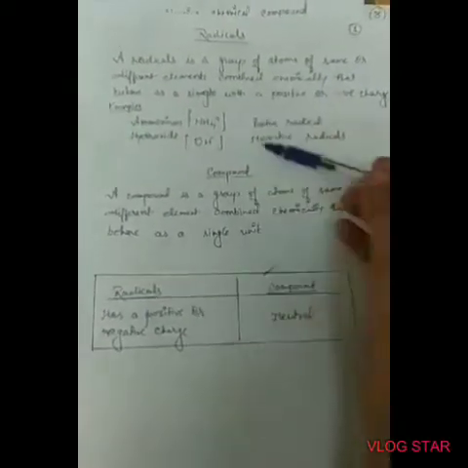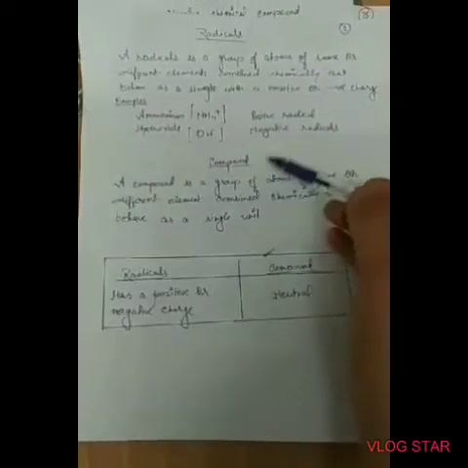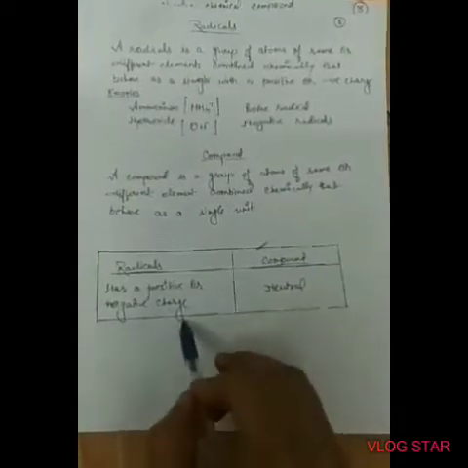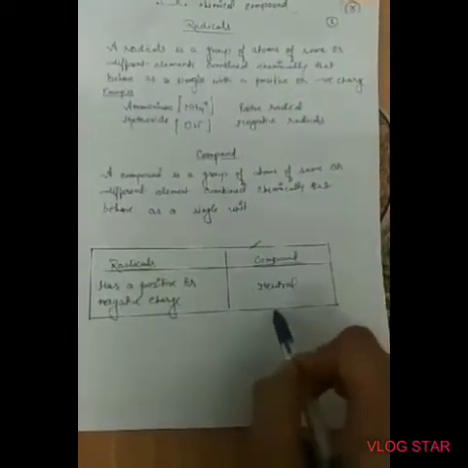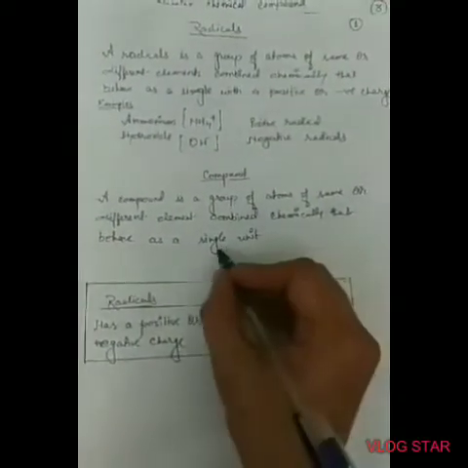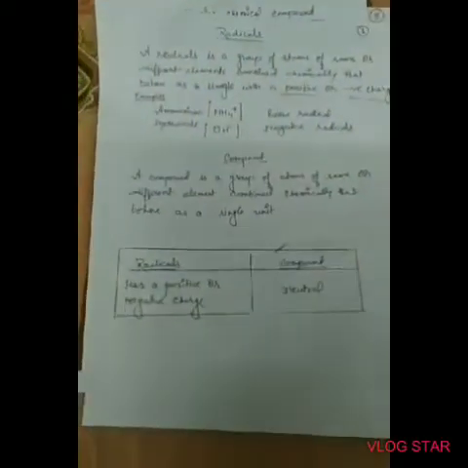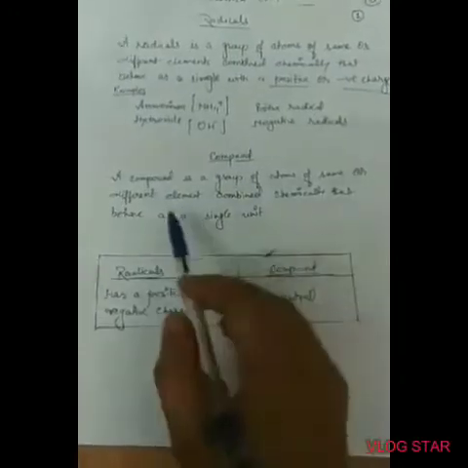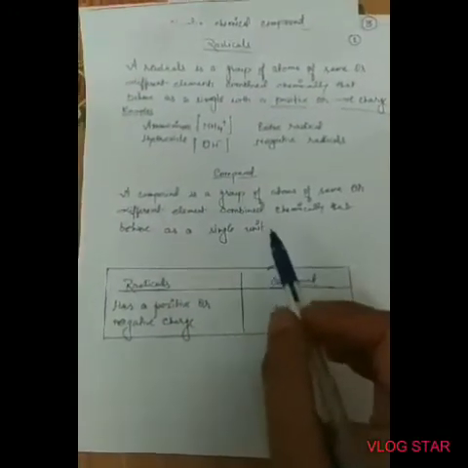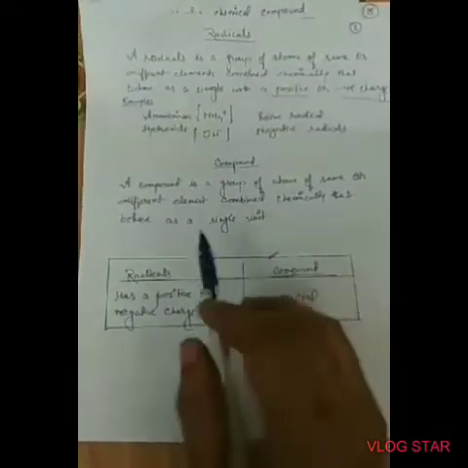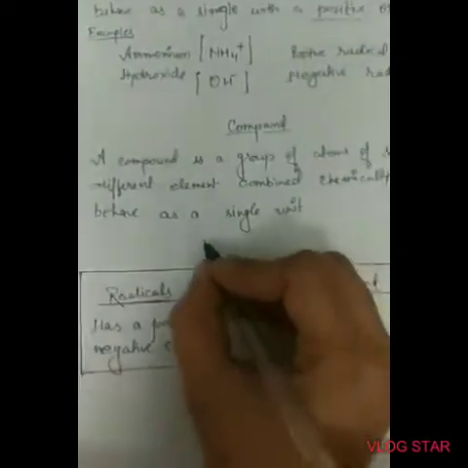Okay, so what is the difference between radicals and compounds? Radicals have a positive or negative charge, whereas compounds are neutral. A compound is a group of atoms of the same or different elements that combine chemically and behave as a single unit. For example,